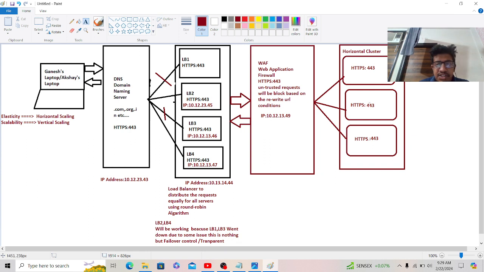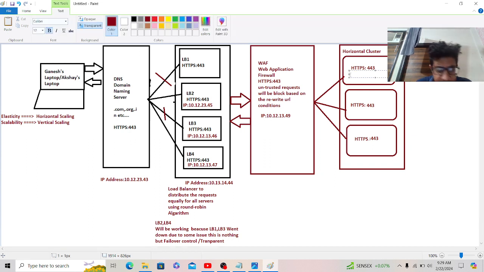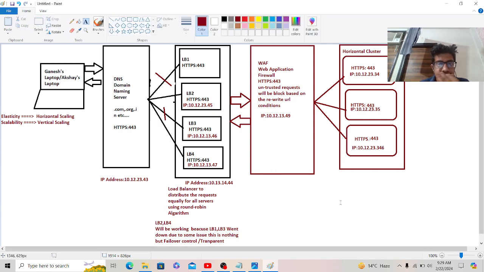Okay, three IHS are available. IP 10.12.23.34. I will use this, 35. I will use 36. Okay, after this,